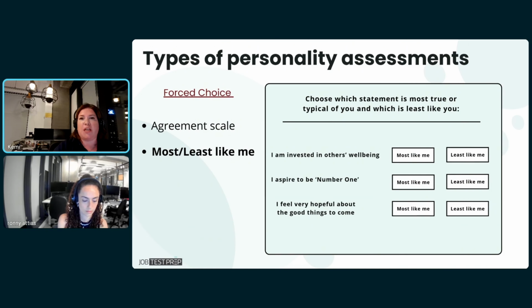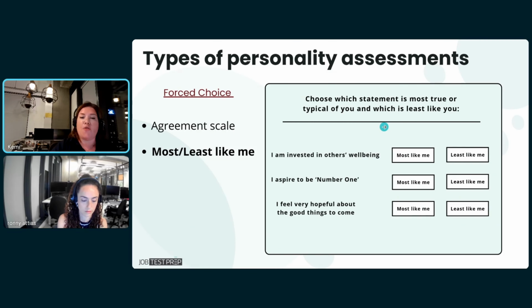I aspire to be number 1. This is linked to the competitive scale. Now, you might think, I'm a competitive person, I like competition. This might be a statement that could speak to you, but please be aware that there are other statements in here that may be linked more to the values of the company. And also a high score on competitiveness may come in detriment later on. And I will speak about that later on in the webinar.